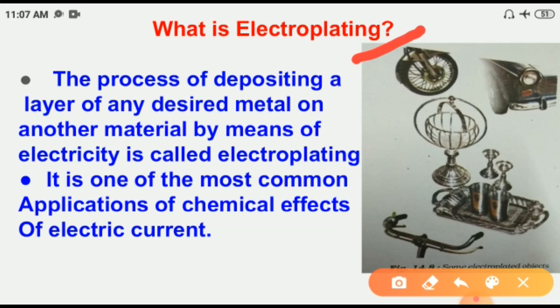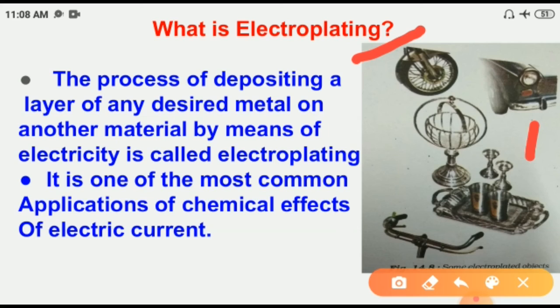Electroplating is a very useful process. It is widely used in industry for coating metal objects. See this image, different objects will be there. A layer of a different metal, the deposited layer, has some desired property which the metal of the object lacks. For example, chromium